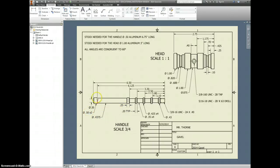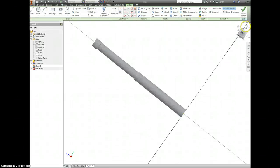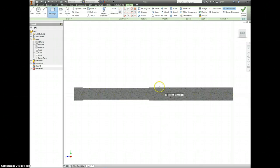It says there's 2 of those, 1, 2. This one, however, is not. These, from here on out, 1, 2, 3, 4, 4 are all 0.425. So let's change that right away so we don't make any mistakes. So right click, new sketch, turn it over, slice graphics, rectangle,